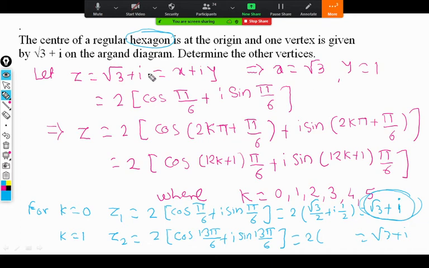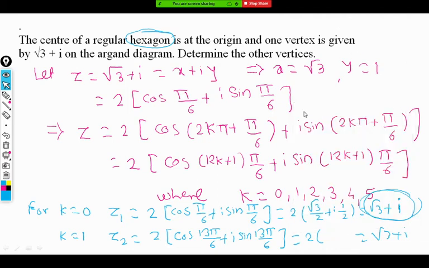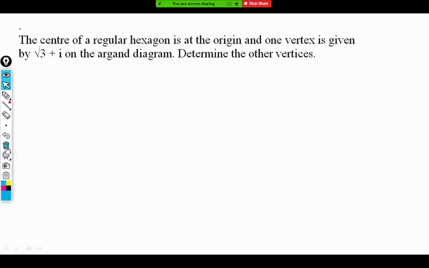Yes, someone is on the chat. Let me check where we made the mistake. Yes, we have not taken the sixth root anywhere. That is correct. This is actually one of the values of z raised to 1 by 6. So we should get cos pi plus i sin pi, and then we should convert that. Okay, here we made a mistake in this step. So I will rewrite it again, so that there is no confusion. I think we should proceed like this.